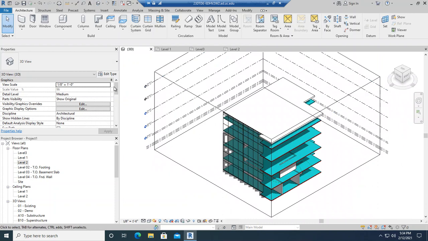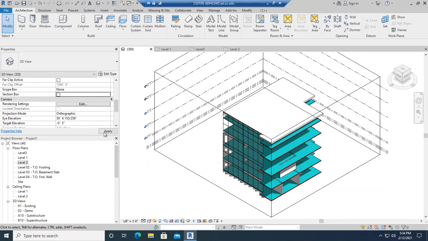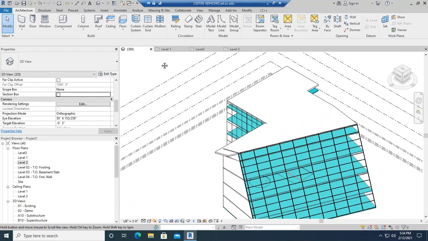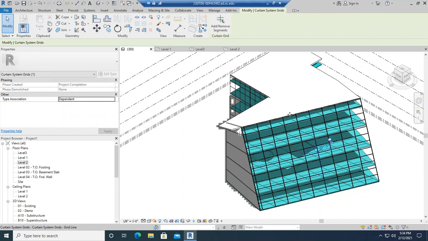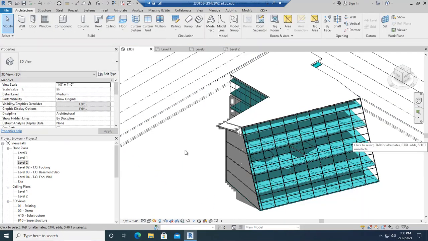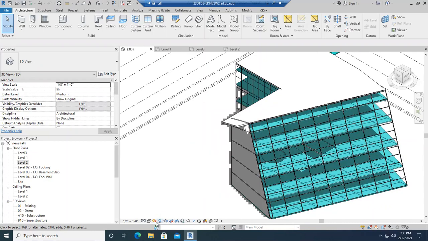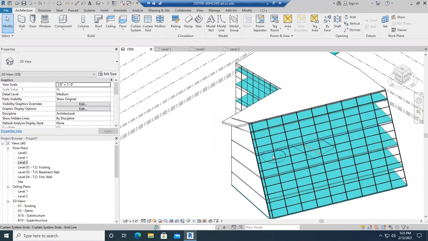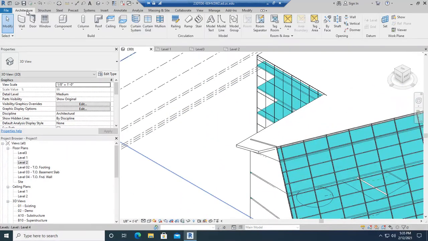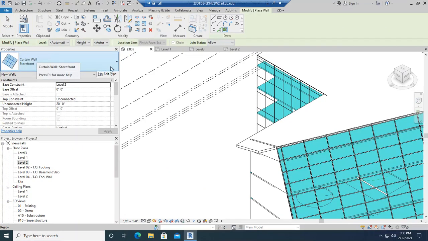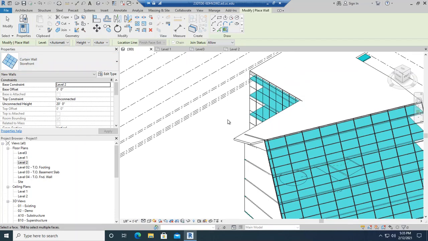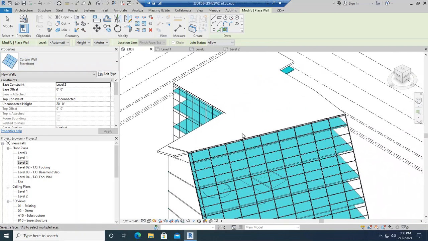The last one I want to show you, let me turn off the section box, which is here. I want to tell you really quick how you can create this curtain wall system right here. Okay, so the curtain wall system, let me turn off the shadow so it will be a little bit faster. It's kind of tricky. If you create an architecture, go to wall, and you want a wall by face, right? You set up the wall as a curtain wall or storefront. It works pretty well if the face is vertical. For instance,